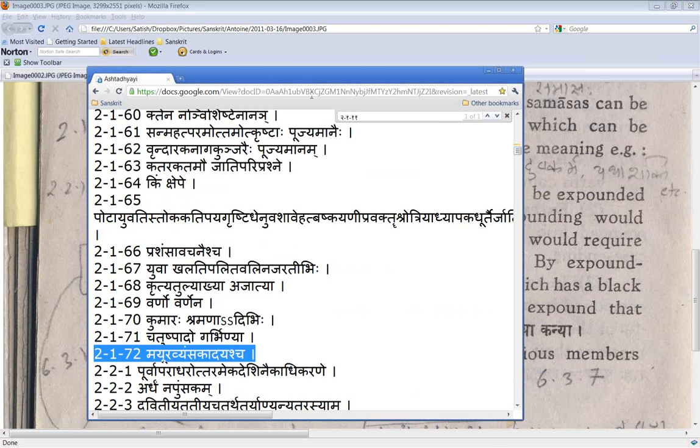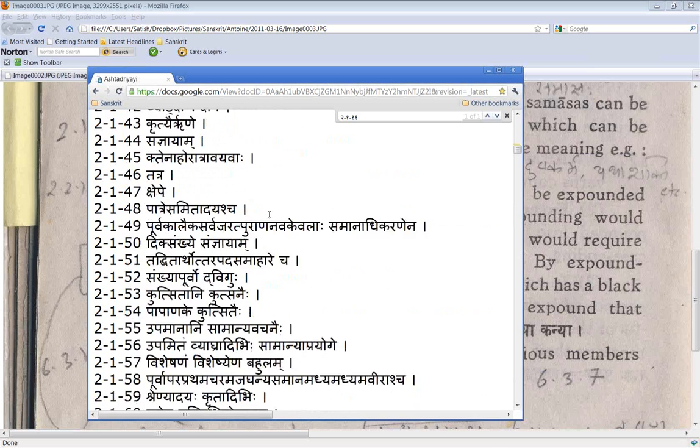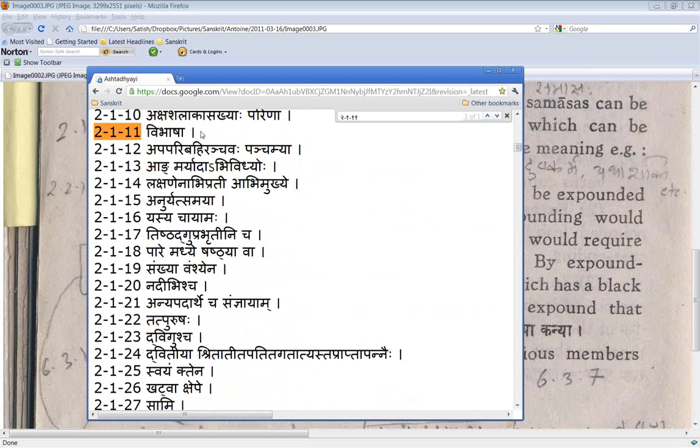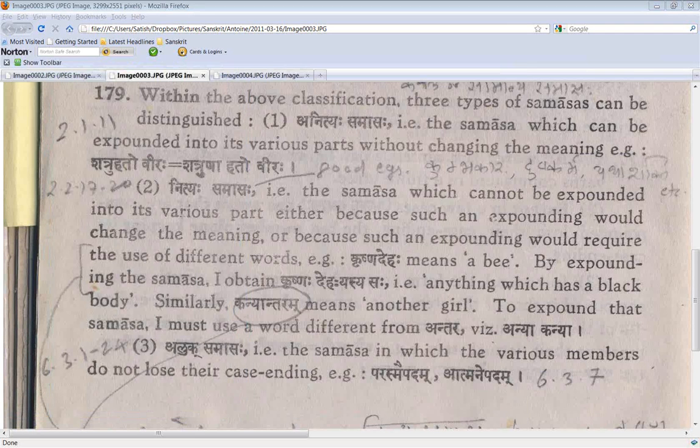Nitya samasa. But as a general rule, there is a section called vibhasha. So unless something else is said, there will be vibhasha. Either the sutram will say, or the vartikam will say nityam, or if it's an exceptional compound, then you have to adjust accordingly. But the main test is whether you can have a swapada vigraha vakyam or not. Aluk samasa we talked about from 6.3.1 to 6.3.24. I think we won't go into details.